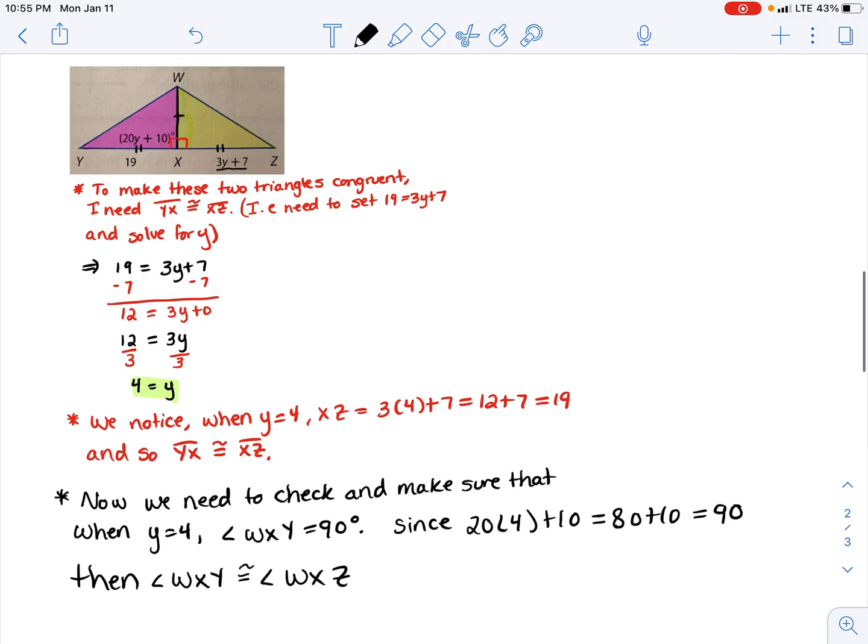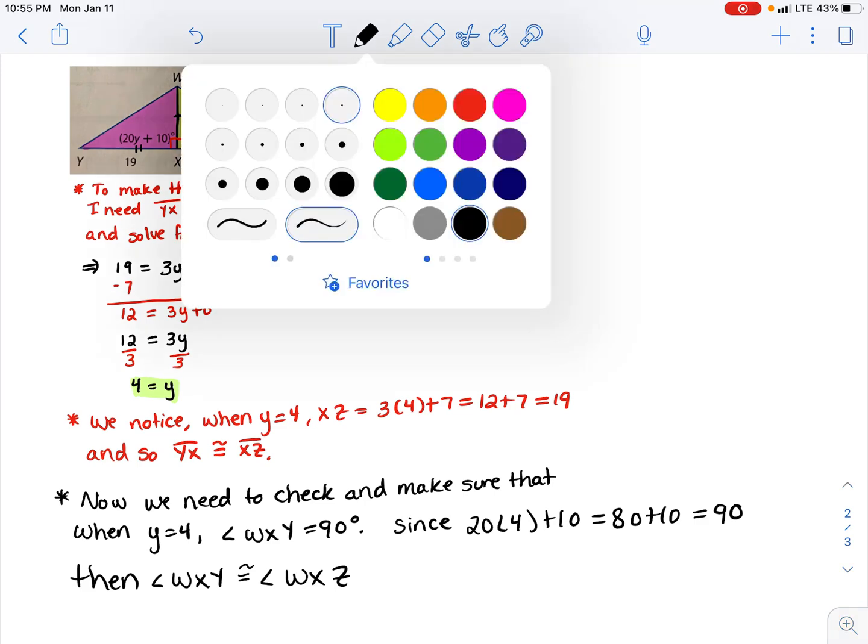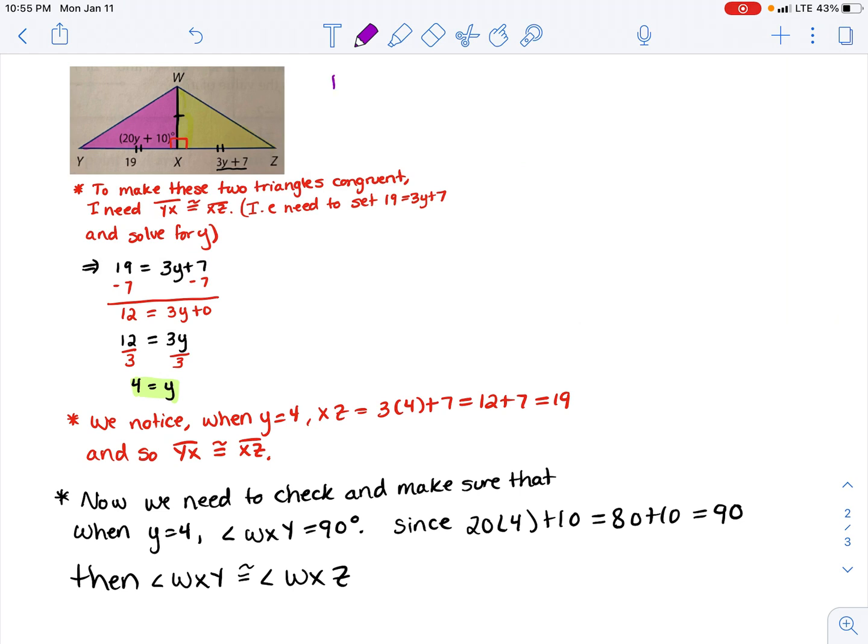And so that means that when y is equal to 4, by the SAS postulate, these triangles are congruent. Thus, when y is equal to 4,